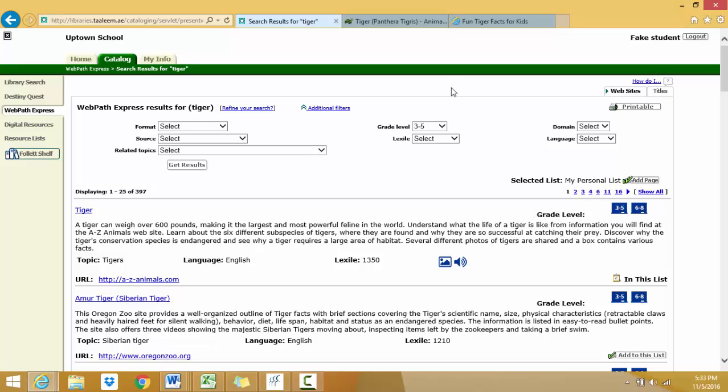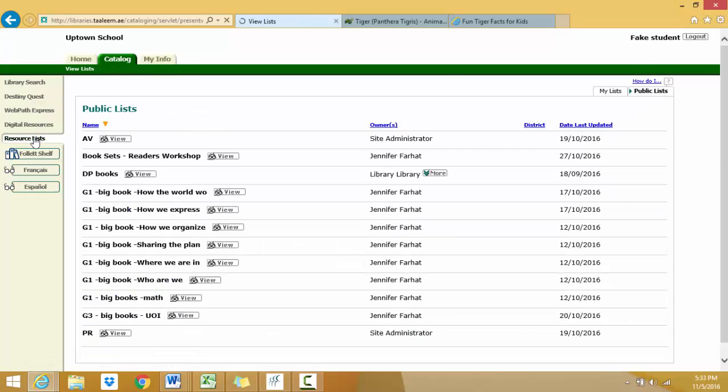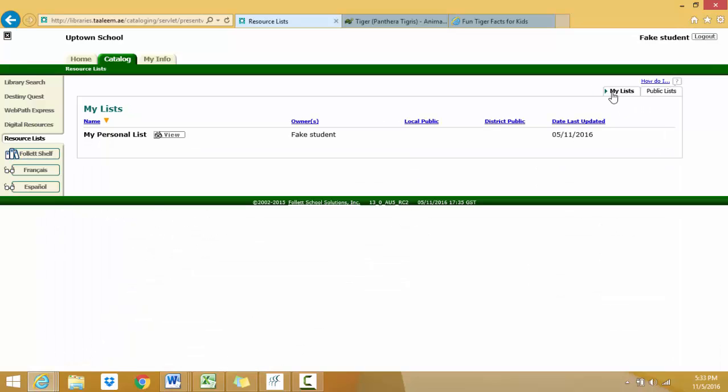I do want to make sure that you can go inside of resource lists here. This resource list is how we get back to those sites. If we want to find them later, the ones that we added, we go into resource lists. These are public lists, and we need to go into our student lists. We hit view,